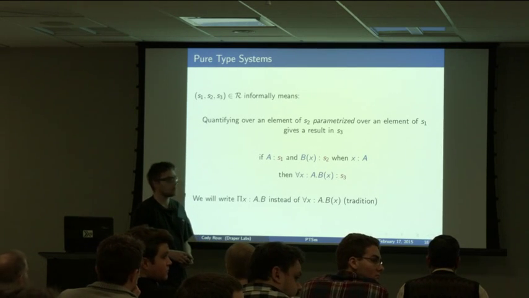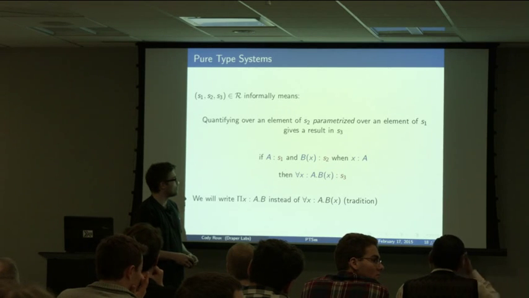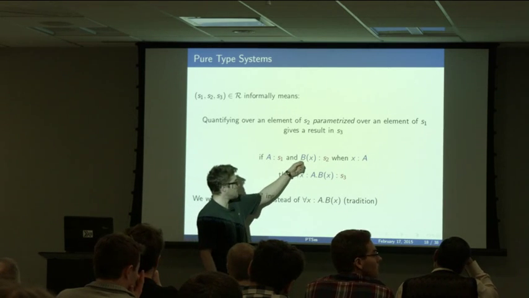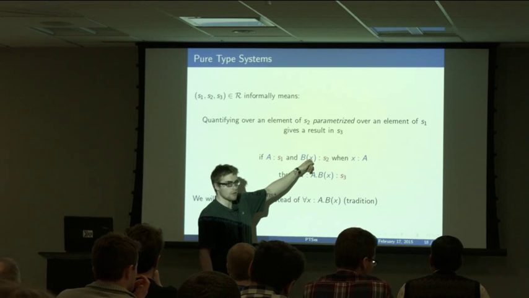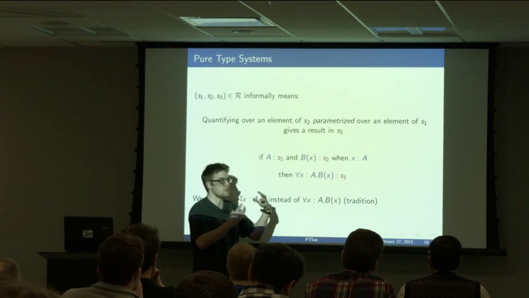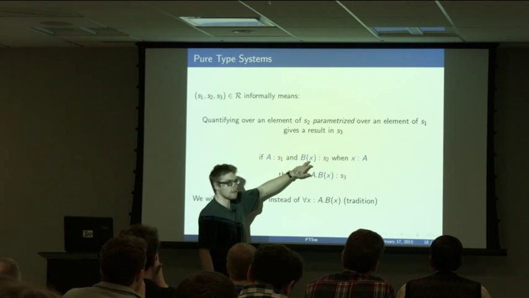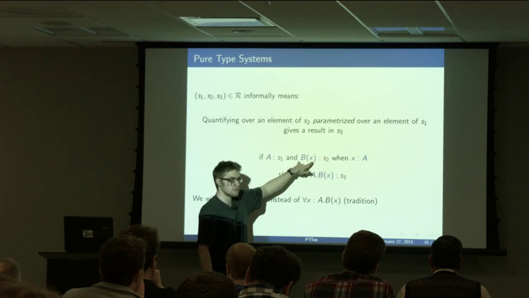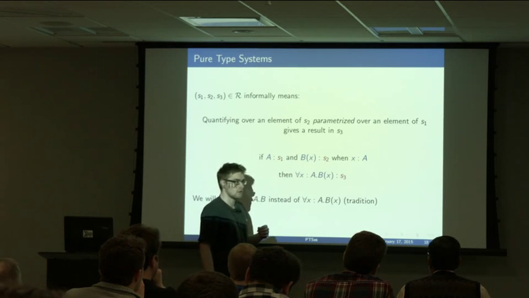In the back. Does B have a sort on its own? No. B sort of contains this little x as a parameter. So it doesn't really make sense to ask whether B has a sort on its own because it contains an x. Okay, and if you don't say what that x is, you can't really say what B is. So we shouldn't think of B as like a type level function or something like that.